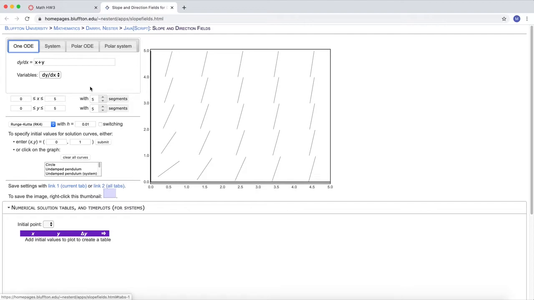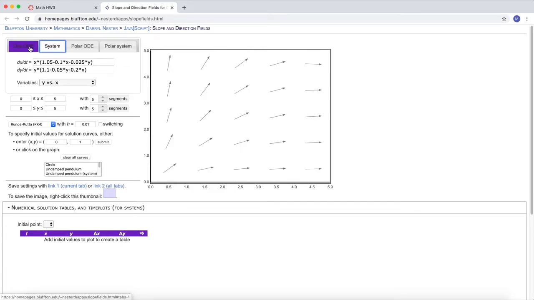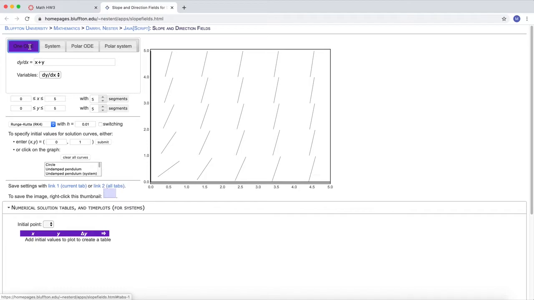So here's a technology, and I will apply it to, how about further exercise 1.7.2 on page 67? Yeah, I'm going to try that out, where it says the growth rate of a hunted lion population L is given by this differential equation for L prime. This is on page 67. And notice that questions 1 and 2 on that page of further exercises are both examples of a one-dimensional ODE. And so that's why I moved away from system and changed over to one ODE, because anytime you're working in one dimension, you're going to want to use this tab.